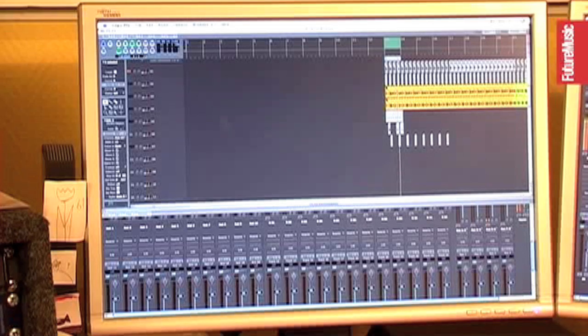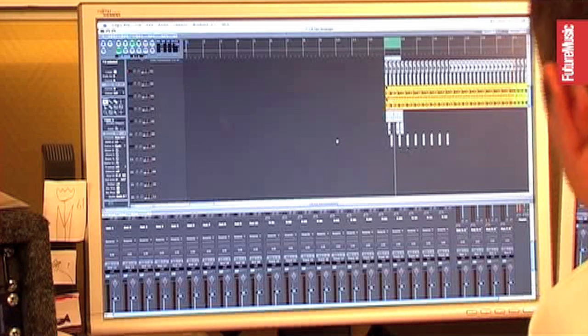You can even put it on the closed hi-hat. It gets a bit washy there, so you have to be careful with that one. I can even use it on the main loop here. This loop is a bit too busy for this, but it's more to prove a point.